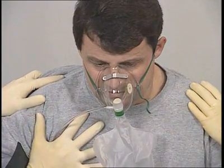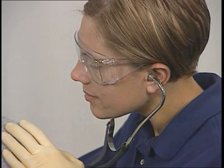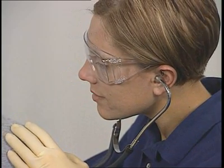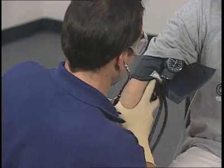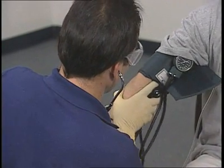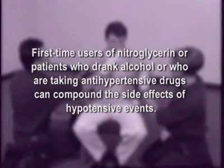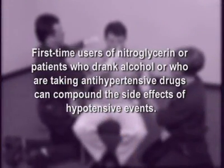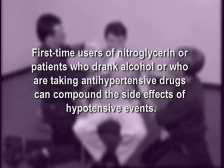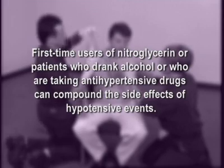The most significant problem associated with nitroglycerin is the possibility of causing a hypotensive event. Usually, you can relieve the condition by placing the patient in a supine position and raising the legs slightly. First-time users of nitroglycerin, or patients who drank alcohol or who are taking antihypertensive drugs, can compound the side effects